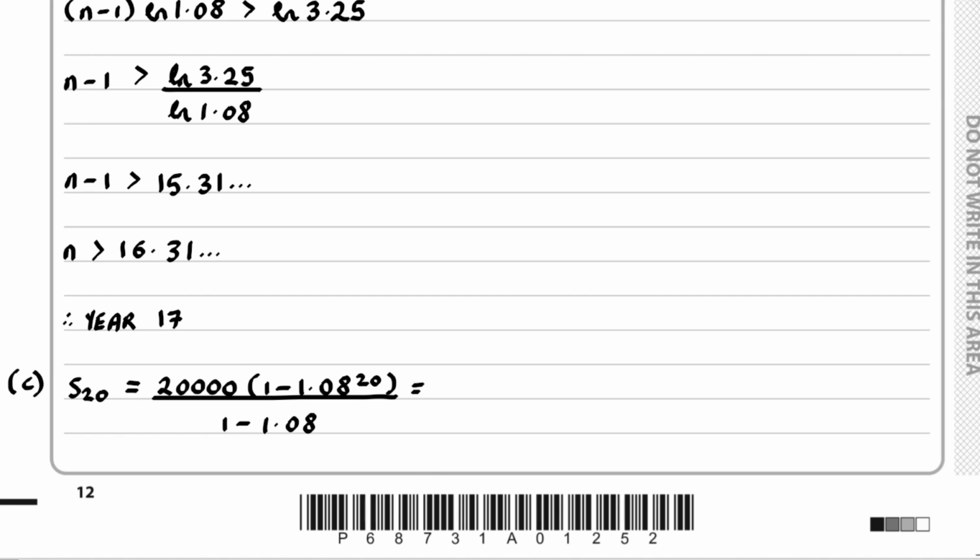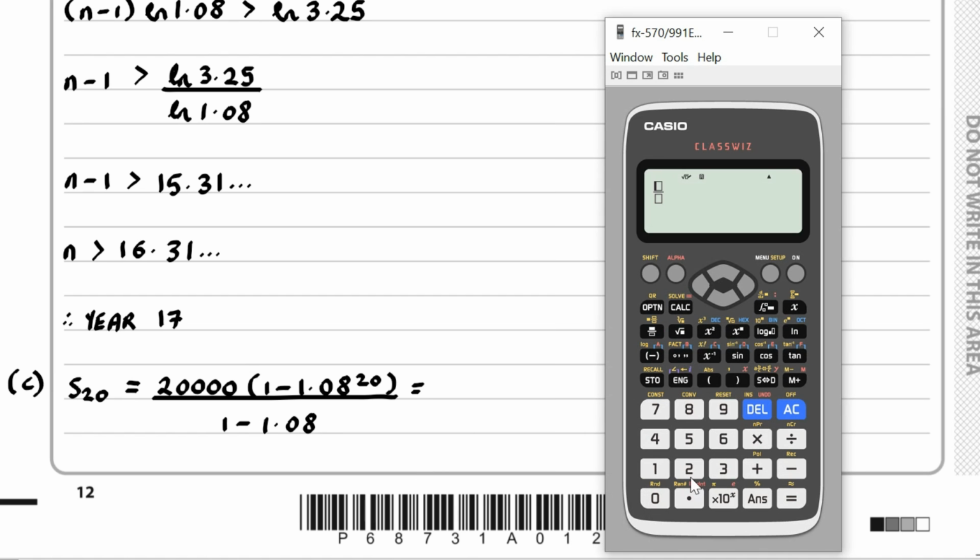And if we work out the value of this, 20,000 multiplied by 1 minus 1.08 to the power of 20 divided by 1 minus 1.08, it turns out we get 915,239.286,